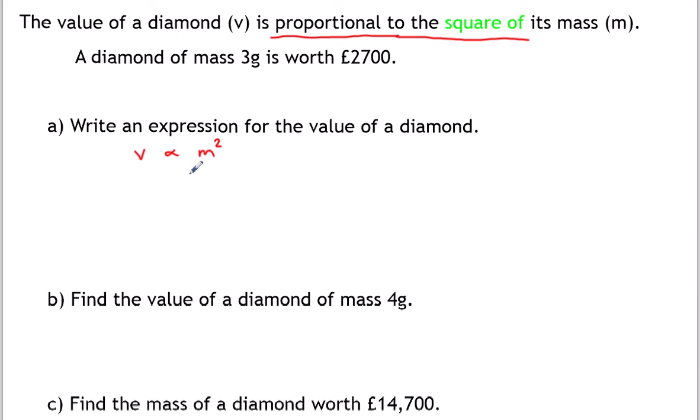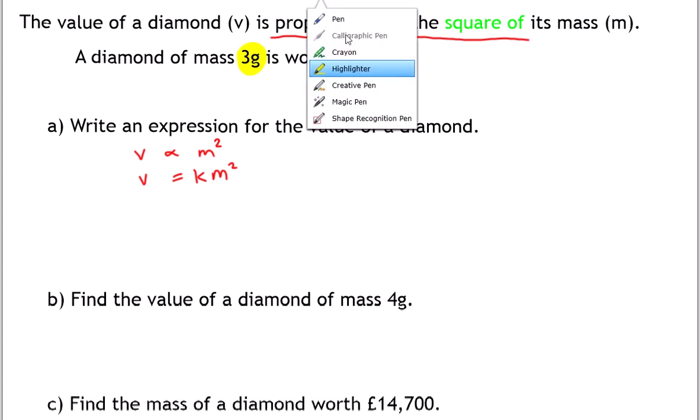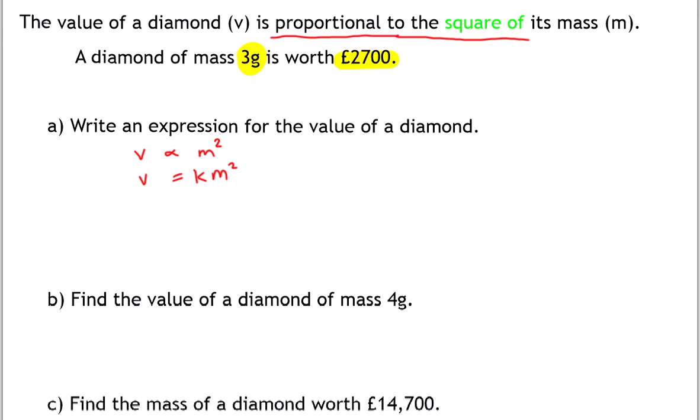Okay. Everything else now is the same. So I still put equals k instead of the fish, but it's m squared. If you forget the square, this is going to go wrong. Okay. I still put numbers in. So in the question it tells me that when the mass is 3 kilograms, the diamond is worth £2,700. So if I put those numbers in,